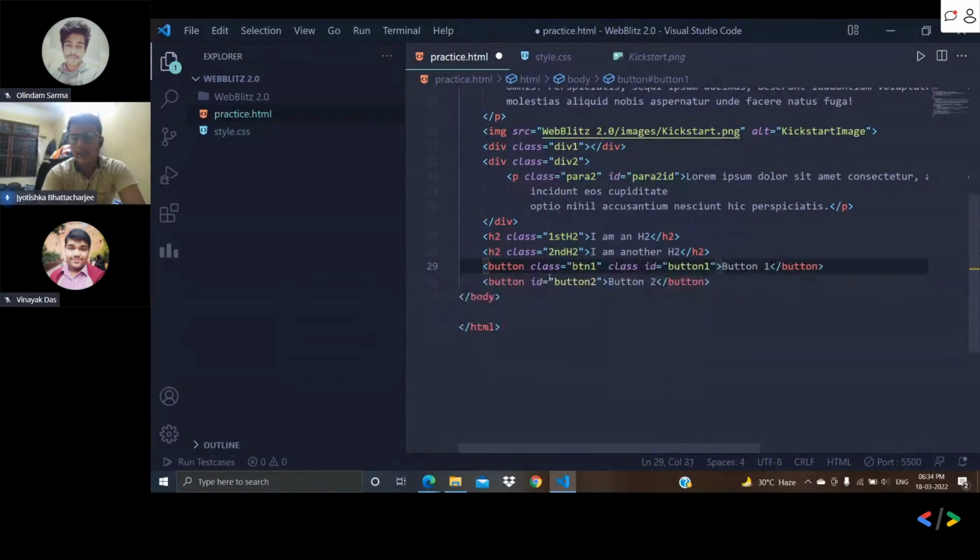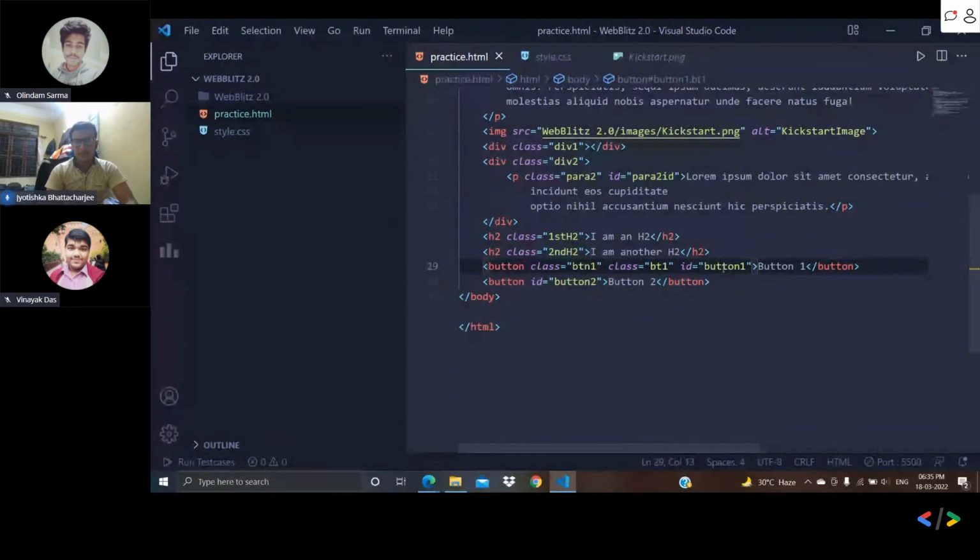Also I can write another class here, let's say bt1. So this way we can define multiple classes for one element and give different styles. I can be using this btn1 class somewhere else and this bt1 class somewhere else also, and I want these two styles in this button element,